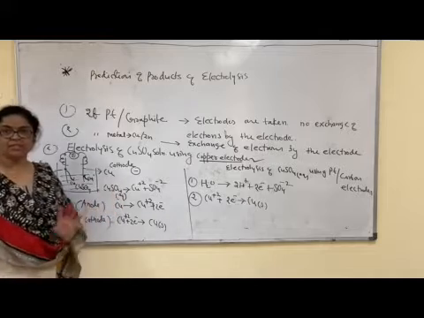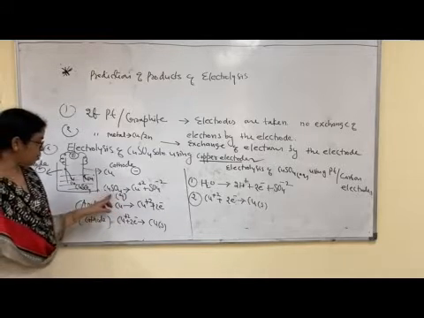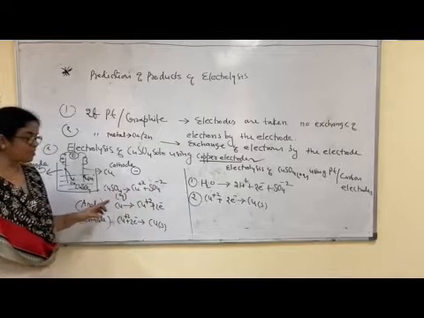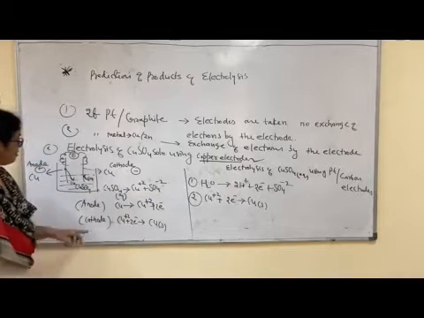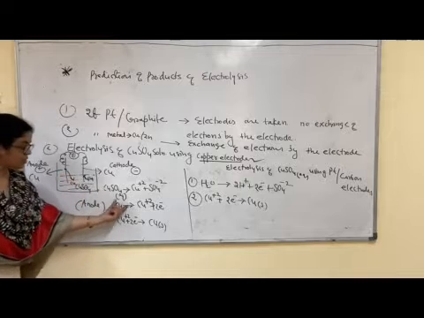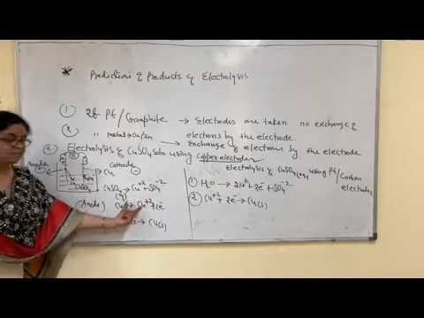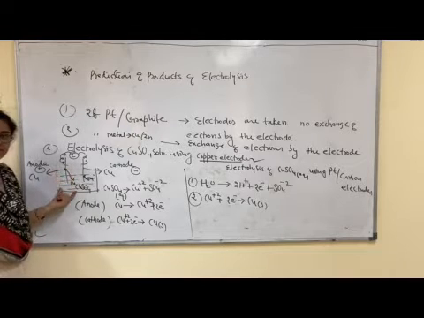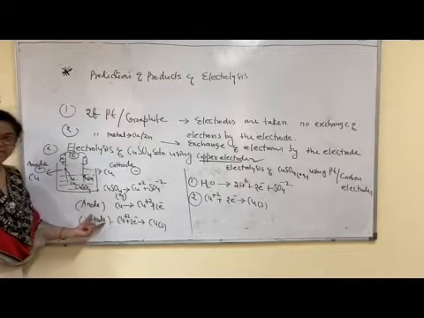The first step is dissociation: dissociation of copper sulfate into copper ion and sulfate ion. And the second step is the redox reaction. Right? So what happens here? Oxidation of copper metal into copper ion. This process occurs at the anode. It means the anode dissolves. And second is reduction at the cathode.